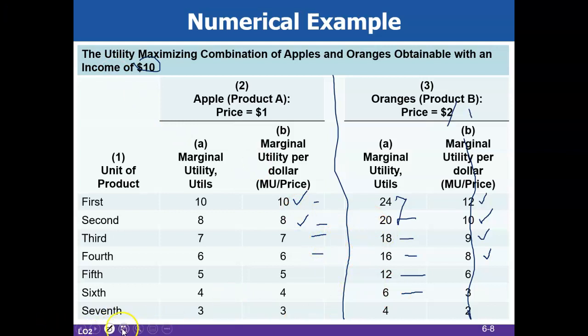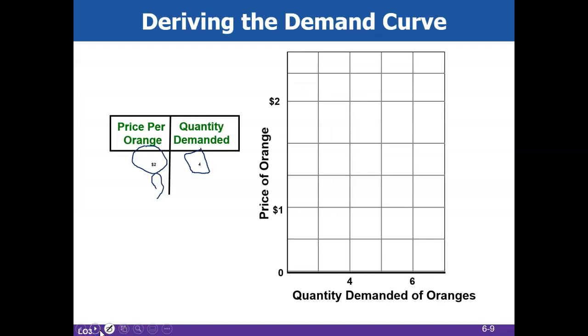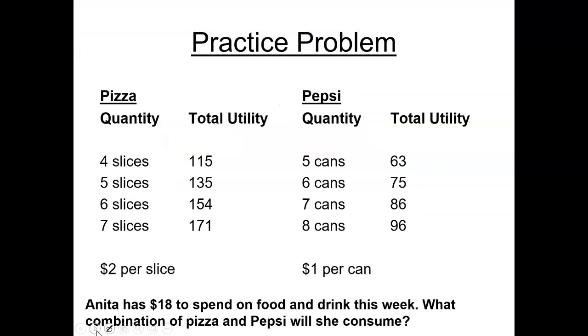And I can go back to my demand curve and I can say, okay, how do I kind of interpret some of this? When the price was $2, I only bought 4, right? When the price got lower to $1, I actually bought 6. So some of the data that we're always plotting on the demand curves is coming from the utility maximization formula, okay? This is a practice problem you can do. This is already on the sheet. We can go over some more, but this is mostly what we talked about in class, okay? So bring any questions you have, and